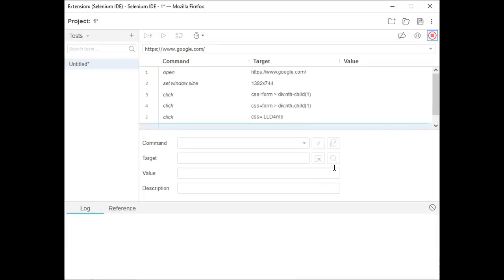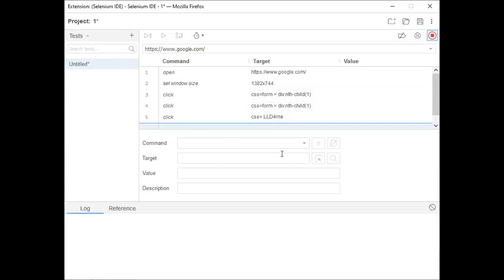When I performed the opening, while recording, it opened. Are you able to see? It opened, and the size of the window is this one. It's not the maximum size, it opened in the minimum size, and the size is specified. And here I performed three clicking operations, and these three clicking operations have been recorded.